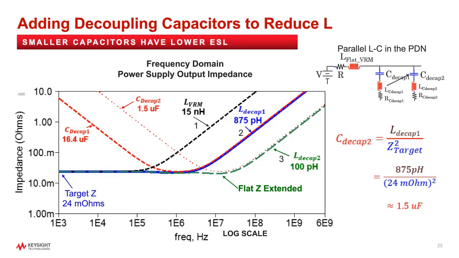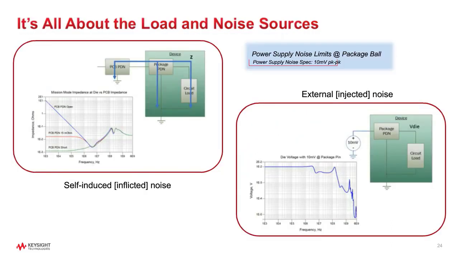The next question a designer has is how high in frequency must the flat impedance decoupling be designed to? How many more decoupling capacitors are needed? The simple answer to this question is the design for flat impedance only needs to cover the frequencies or bandwidth required by the spectral content of the load. That sounds good on paper, but actually getting dynamic dI/dt information for a given application is very difficult. It is not provided by datasheets, and it is not easy to measure.